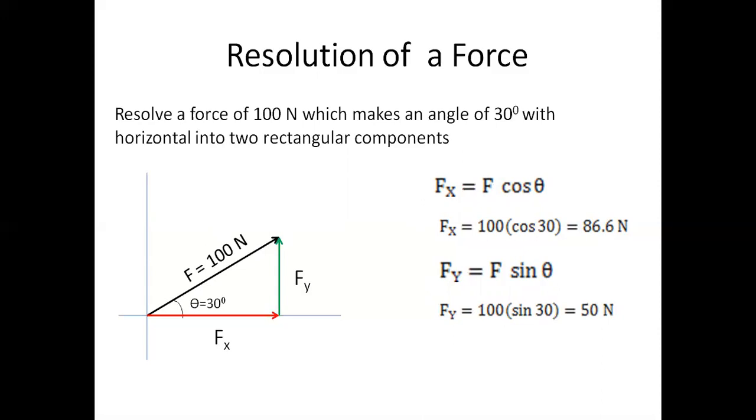Actually, when we have a system of forces with more number of forces, if we want to find the resultant of all those forces, first of all we have to do resolution of forces. That means we have to divide every force in that force system into two components, and then find the total horizontal force and total vertical force, that is the net effect of each. From there we can find the resultant. So when we discuss the resultant of a coplanar force system, we will go through all these resolutions of forces.